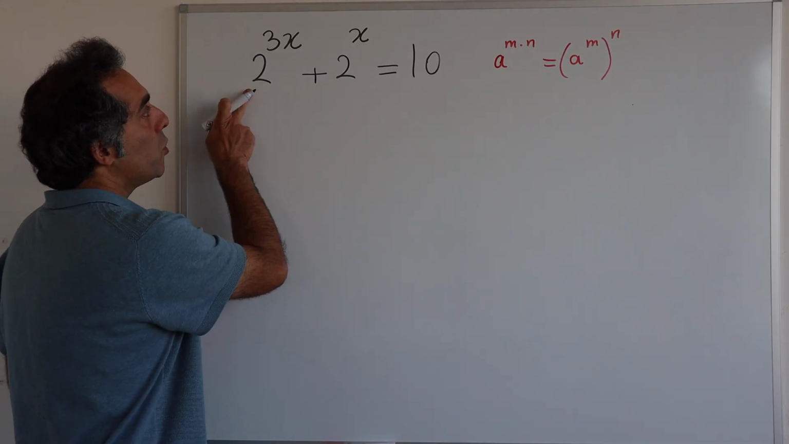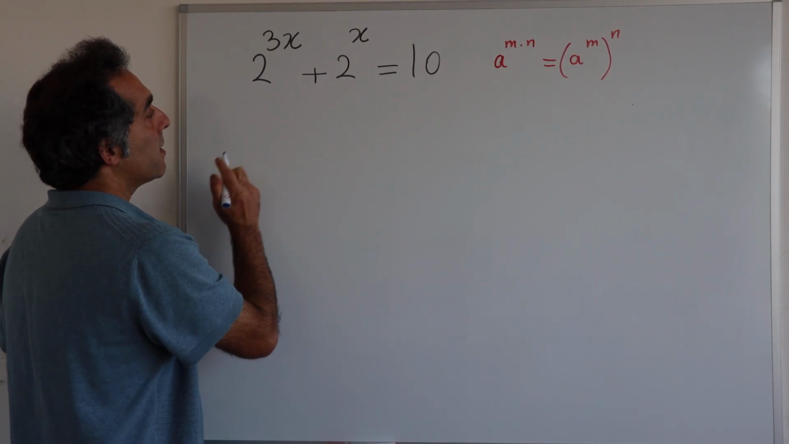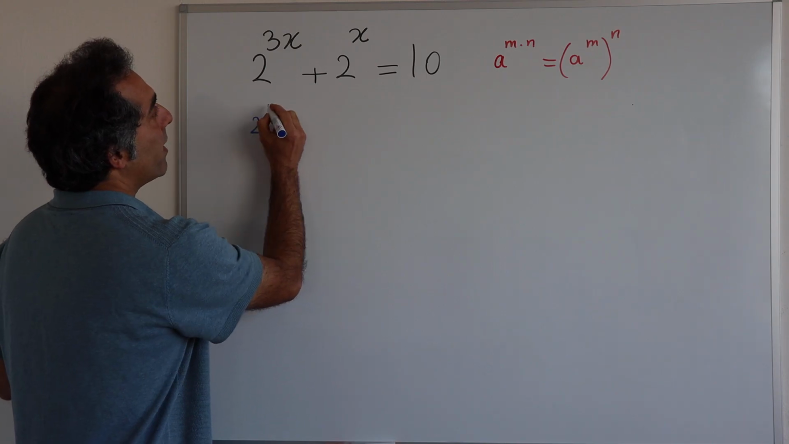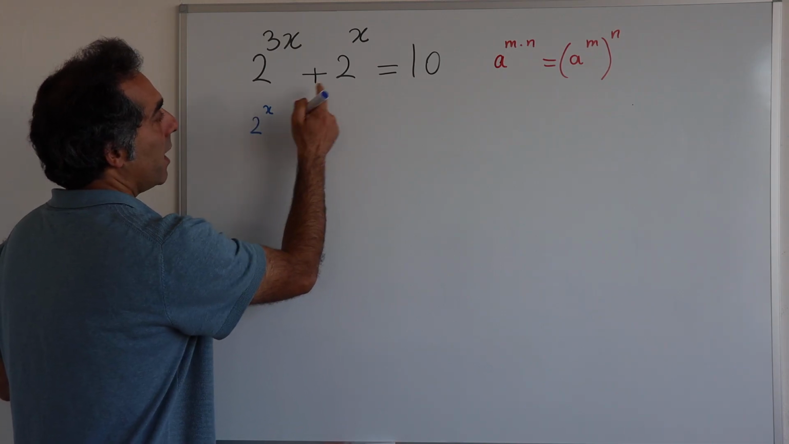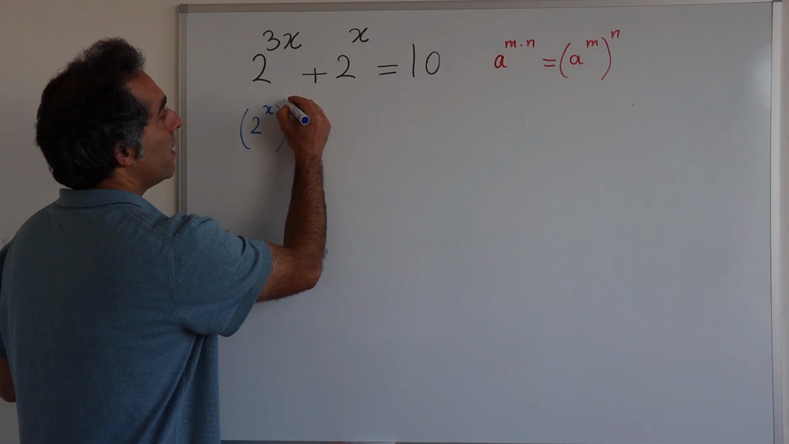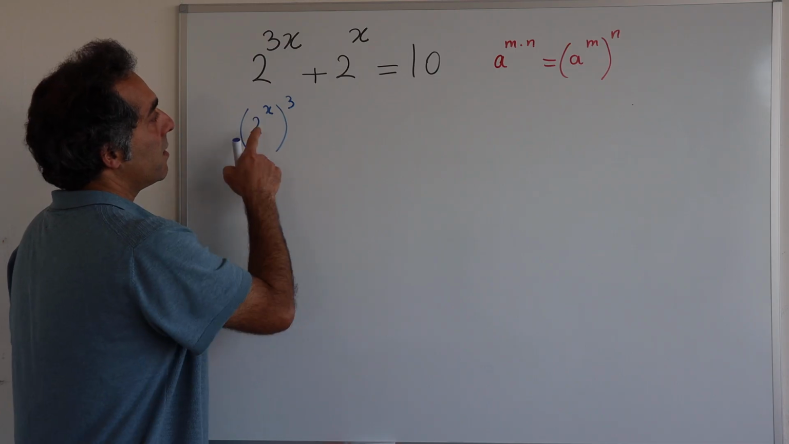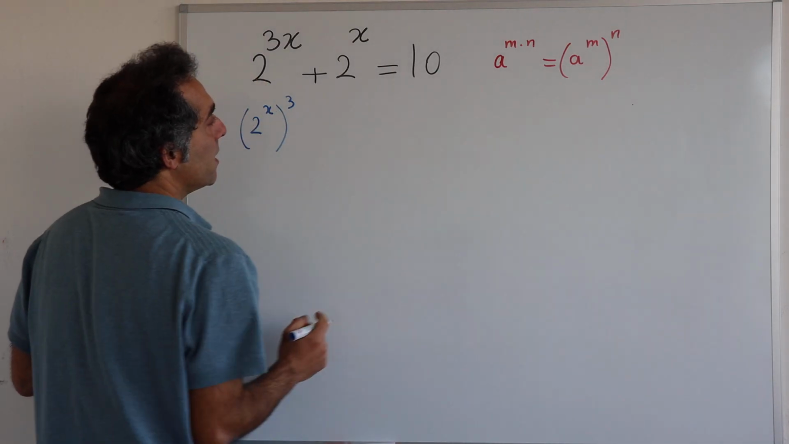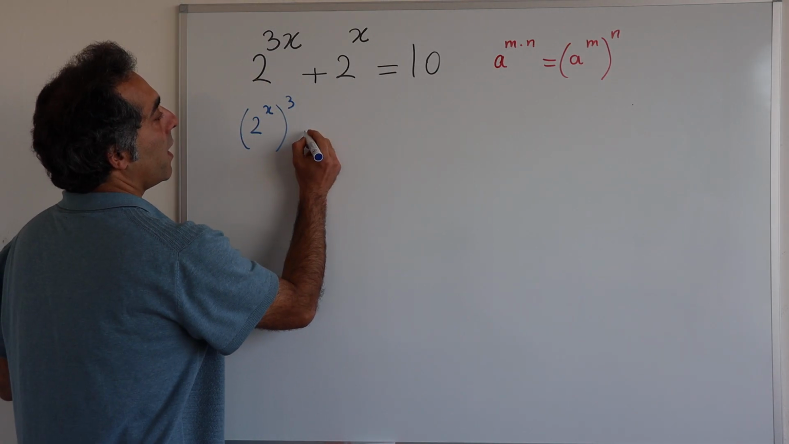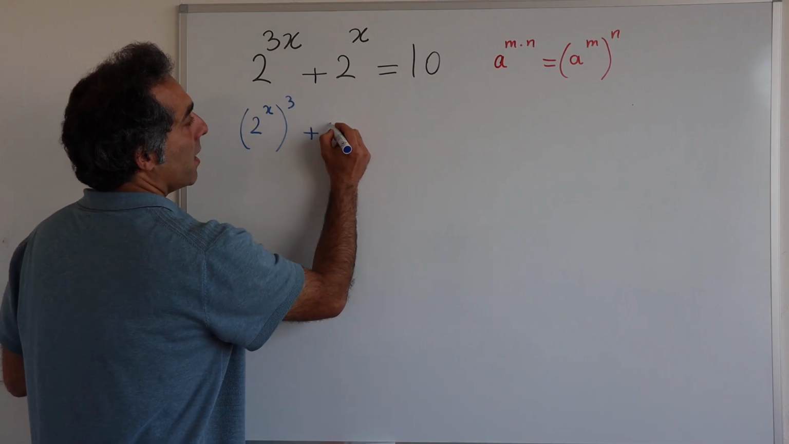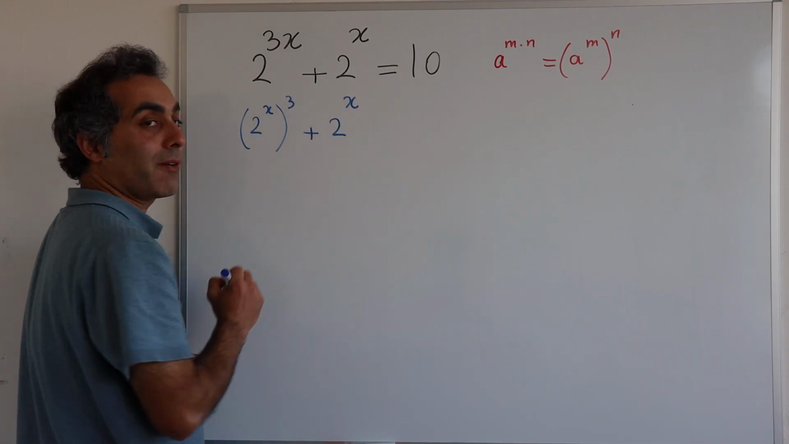For this one, 2 to the power of 3 times x is like 2 to the power of x, to the power of 3. Because 3 times x, based on this equation, could be written like that. And the second term is 2 to the power of x